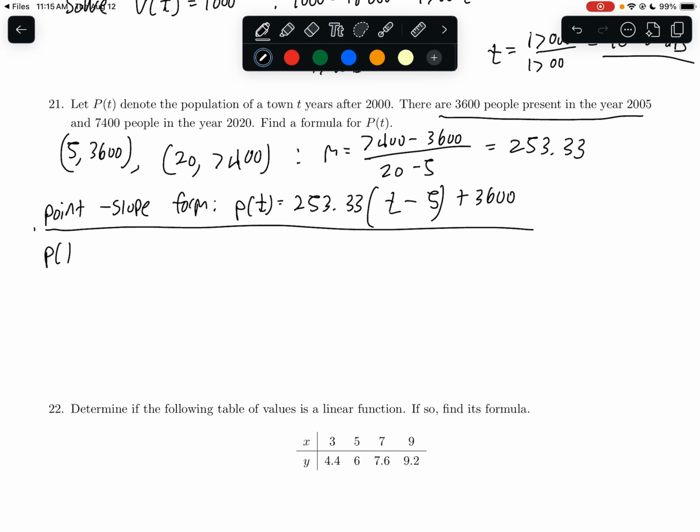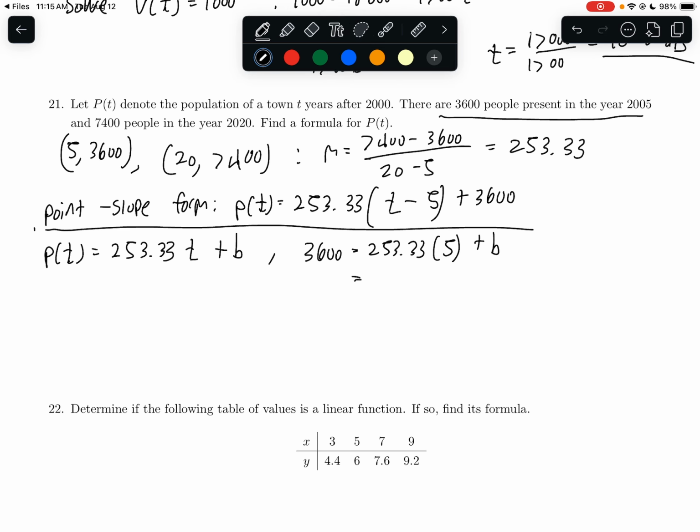If you didn't want to do point slope form, that is fine. What you would do at this point is say, well, I know the slope is 253.33 t, but I don't know the vertical intercept, b, and so then you would substitute in a point, say the first one, but it doesn't matter. You could do the other one. 3600 equals 253.33 times 5 plus b, and then you can solve for b. This is something to do on your calculator,